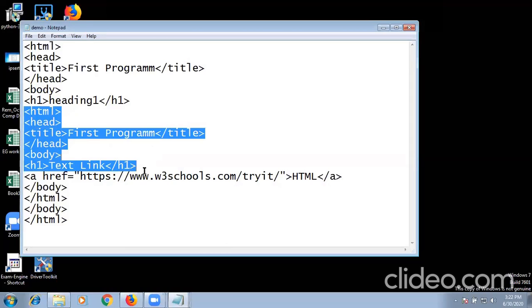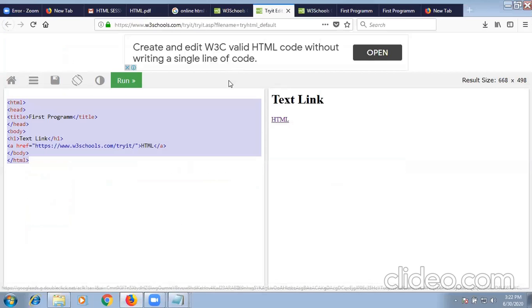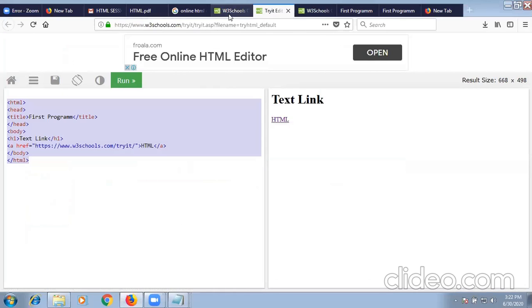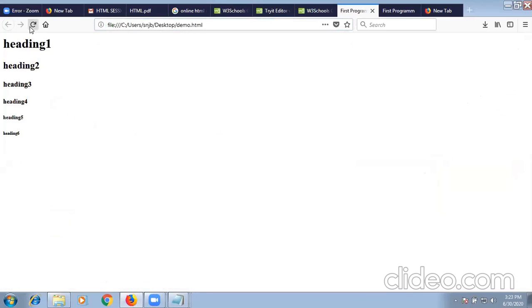I will just remove this. I just require the heading tag and anchor tag. I will save it. It is already saved as demo.html. So for demo.html, I will go to my previous first program, then refresh it.